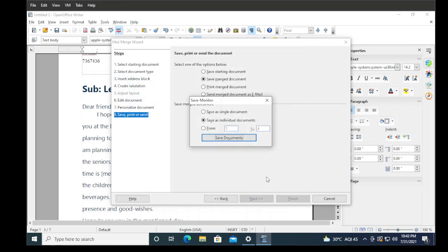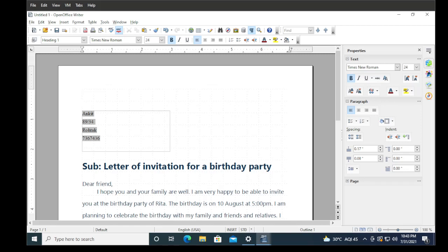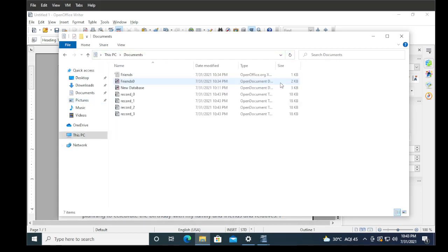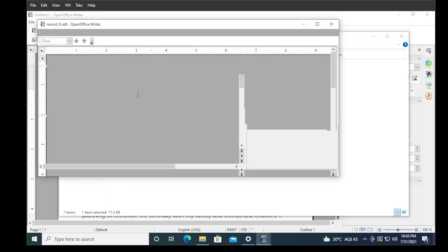So here our procedure is completed. After that you can click on Finish. When you click on Finish, the mail merge is completed, but if you want to open it, you can select the document from Documents, and then choose your document. For example, my document is record, so I am choosing the record document from here.